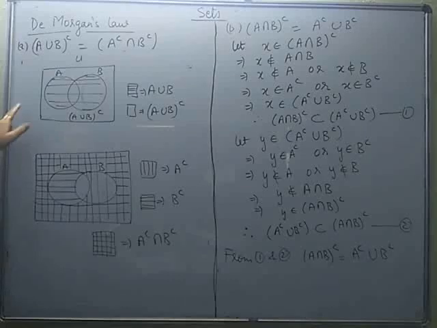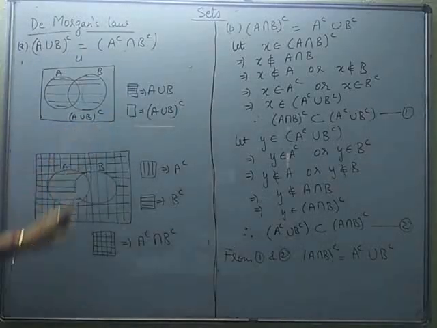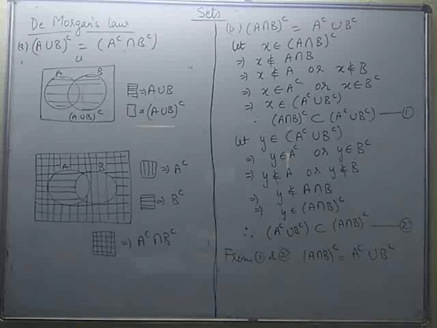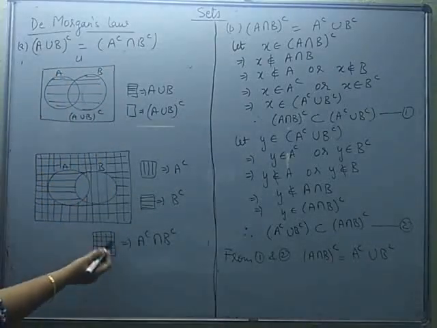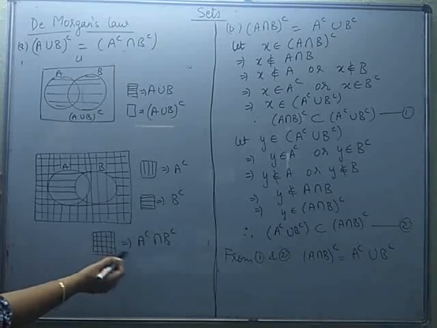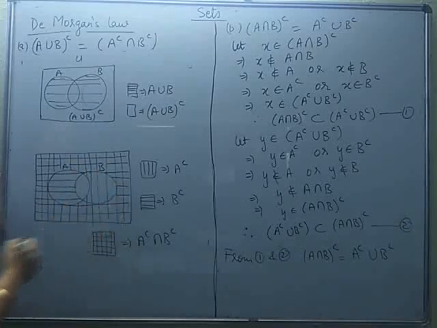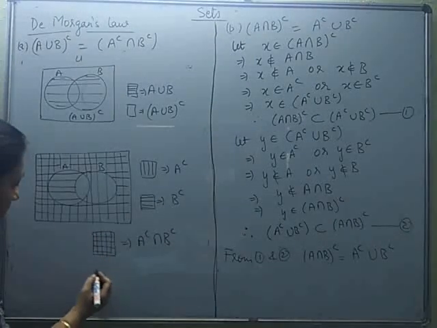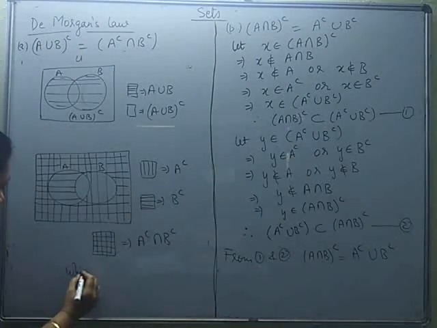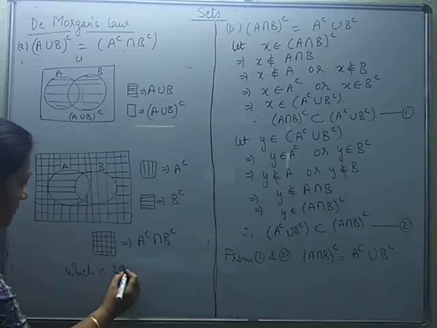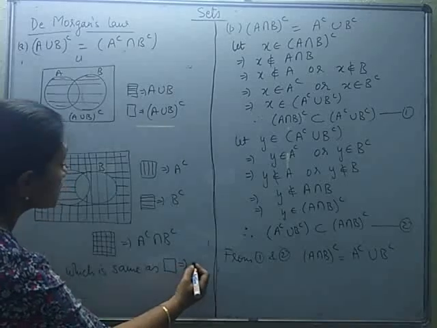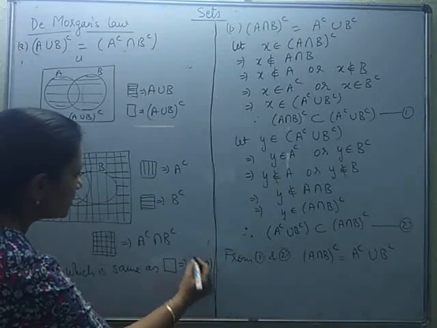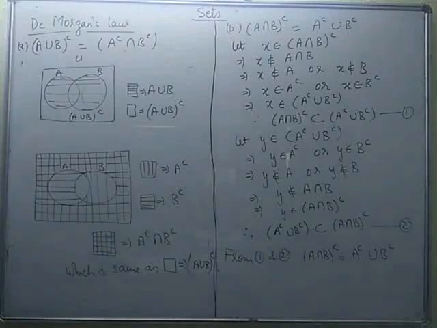Now you compare both. Is this and this region the same or not? You will find, see, this is all unshaded part. And the shading where both the lines are there, that is denoting the same part, which is the same as this region, which is denoting A union B complement. So exactly in the same manner, the second law also can be